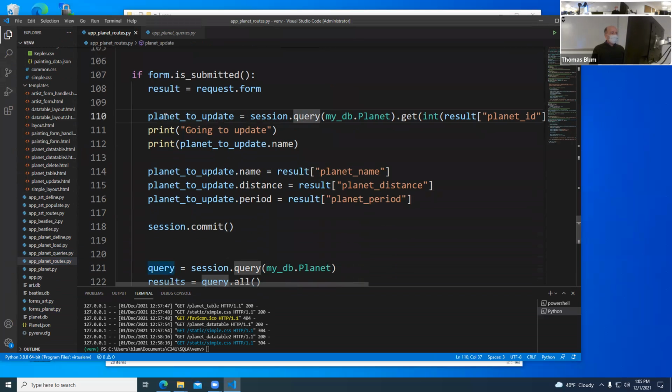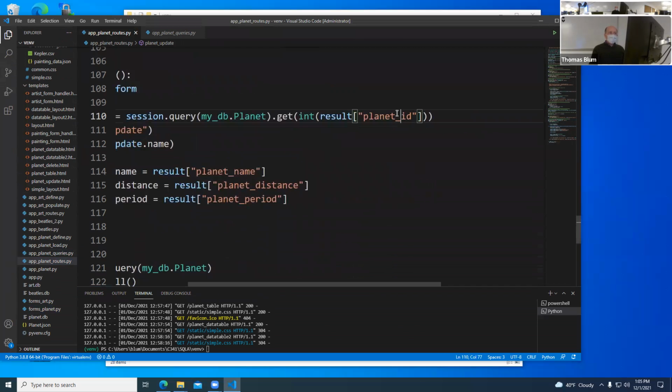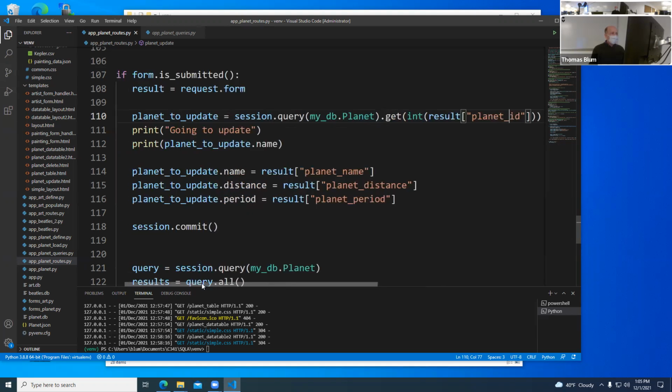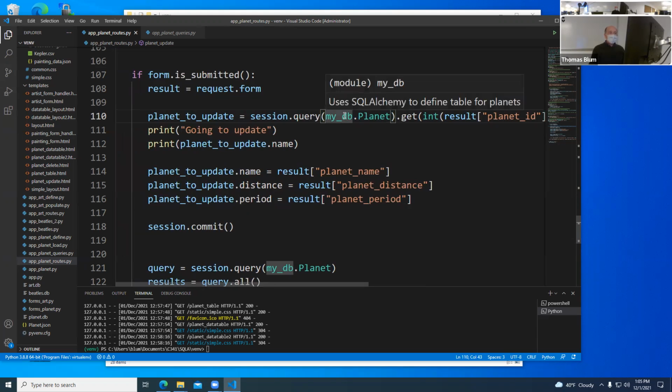And here I'm picking out the planet I want, based on the ID. The select gave me the ID. So I'm grabbing the planet I want. And then here I am changing the properties of that planet.